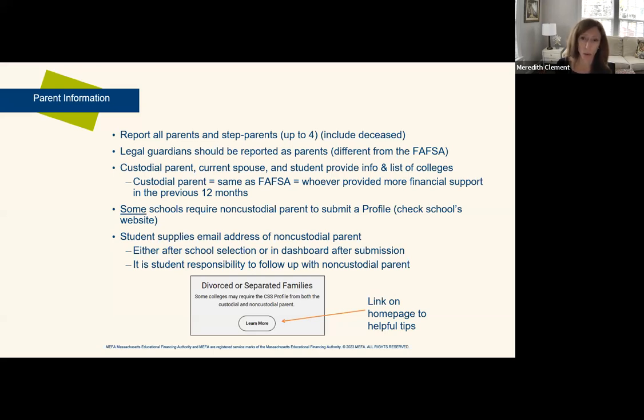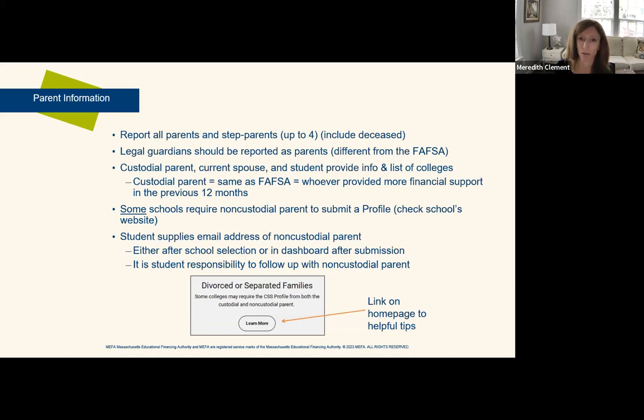And in the cases of child support, you're going to assume the child support is financial support coming from that parent. So even if I live with my mom, let's say my dad pays child support, and that child support paired with other financial support he has given me really means that in the past 12 months, my dad has provided me more financial support. Doesn't matter that I live with my mom, doesn't matter who I live with. My dad in this situation is going to be the custodial parent,